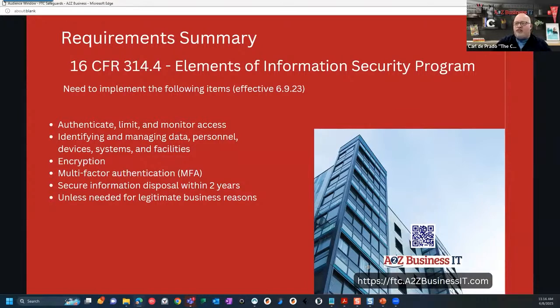The other part is you're going to want to securely dispose of any information within 2 years. Now, if you see right underneath that, unless you have a legitimate business reason. So if you're an attorney, I believe it's 7 years retention. I think it's the same for accountants, 7 years. Even in car dealerships, dead deals, where they hold the person's credit report and all that, they have to maintain that for 5 years. So those rules are going to supersede the 2 years, but at the minimum, if you don't fall under any of those regulations, the maximum you can hold them is going to be 2 years.